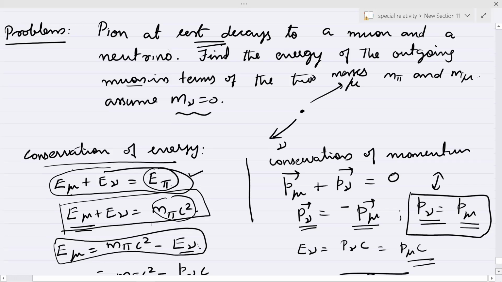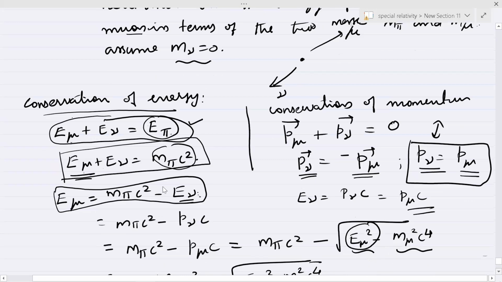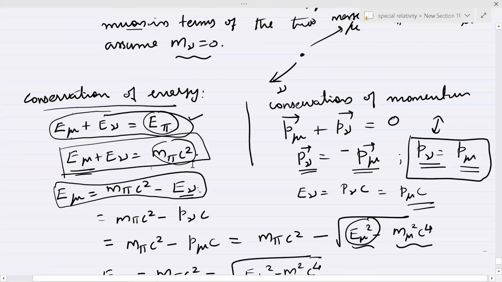Now we know that E nu, the neutrino energy, is P nu C, because it's massless. So we use that here. We also use the fact that